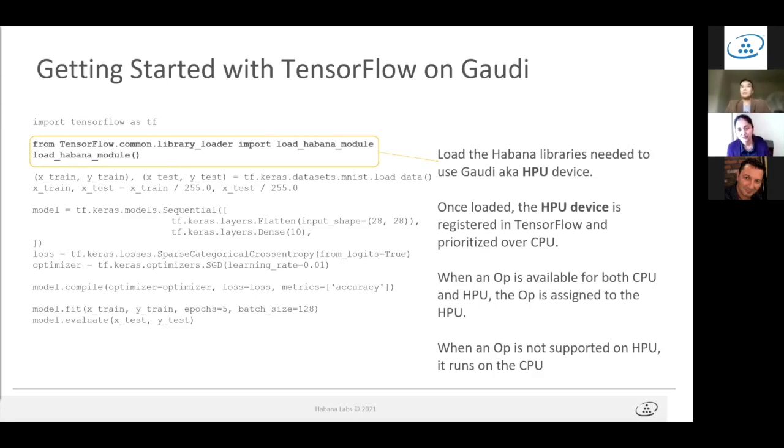When you load these modules, the load Habana module and invoke it, this registers the Habana devices with the framework. These Gaudi devices are called Habana processing units, HPU, in the framework. So you'll hear the word HPU to refer to the Gaudi device. And once this is loaded, the HPU is basically